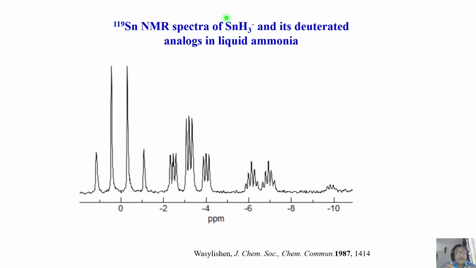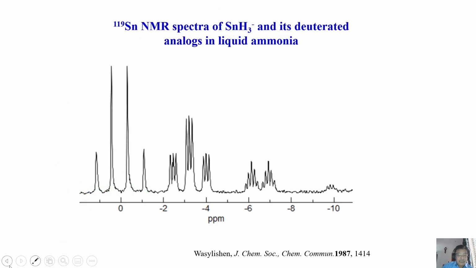Now we can analyze the spectrum if you understand what the deuterated analogs are. Are you all with me? Please understand. Now consider the first one, SnH3 minus. When there are three equivalent protons, what happens to the tin NMR? This signal will become a quartet, like magnetically three equivalent spins, like CH3. You saw in the carbon NMR, right? The CH3 carbon becomes a quartet because of three protons. Exactly, tin will become a quartet.